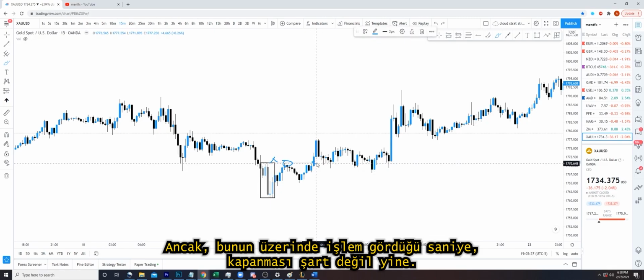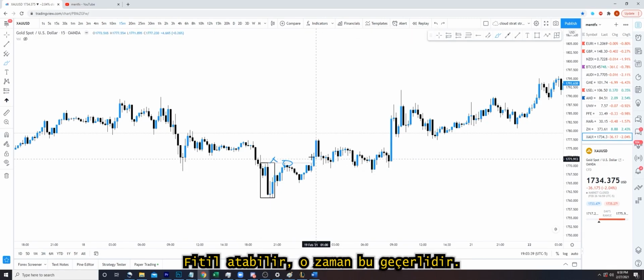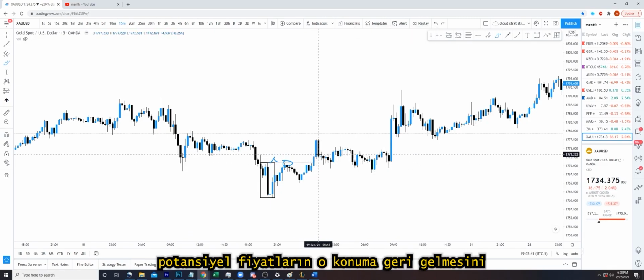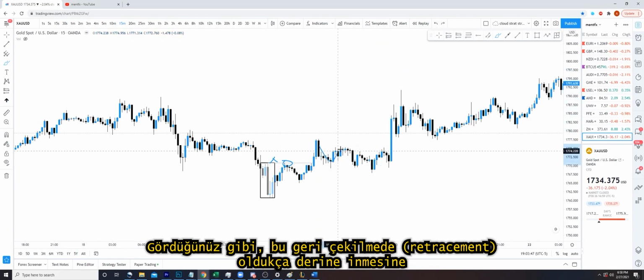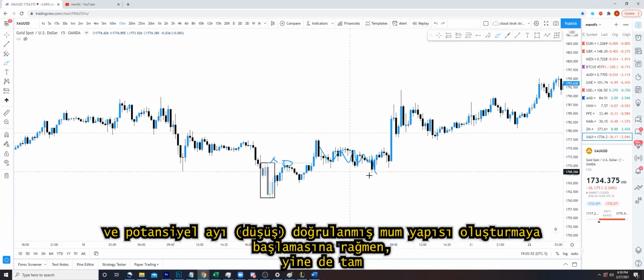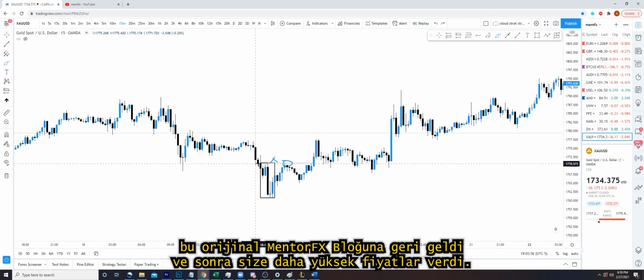As you can see, this did not wick above it, so this is not a valid MentorFX block just yet for structural plays to the bullish side. However, the second this trades above it, not closes again, it can wick, then this is valid. At this point, you can look for potential prices to come back into that location and give you buy opportunities to go higher. Even though this came pretty deep into a retracement and began to put in potential bearish validated candle structure, it still came right back into this original MentorFX block